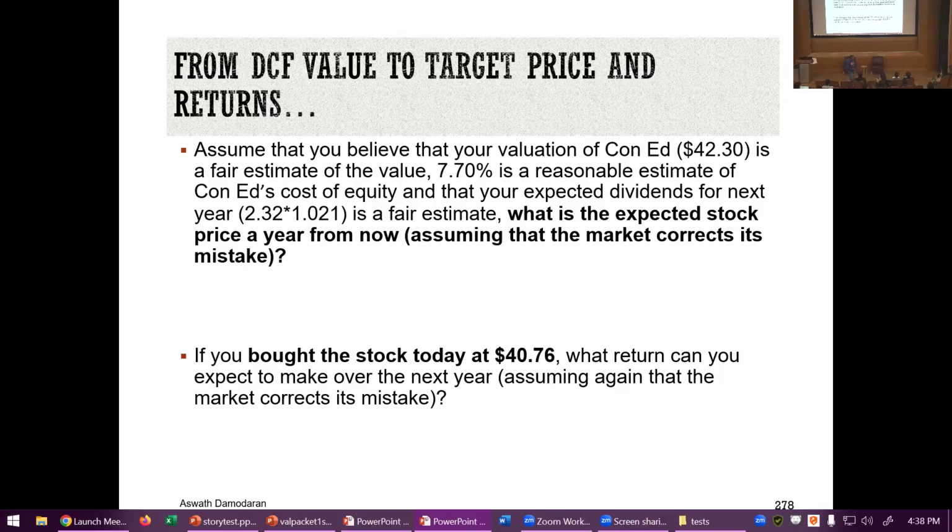7.7%. You take the 42.30, grow it at 7.7%. If you had no dividends, that's what the price has to be. It has to come entirely from price appreciation. But because you have dividends, you can take the dividends out. Your expected target price, and you can work it out, is like $44.50. So if you're writing an equity research report, this would be a target price. I expect the stock to be $44.50.